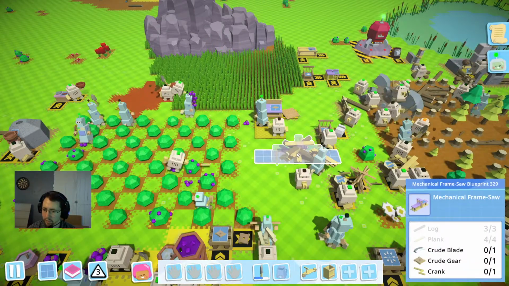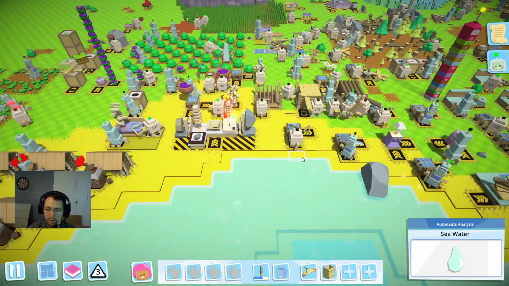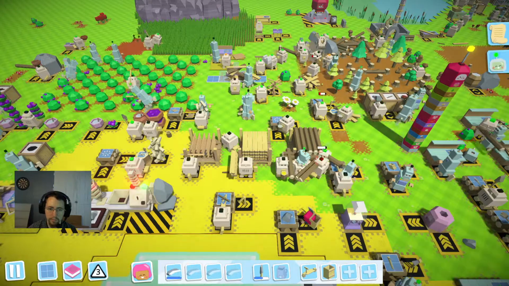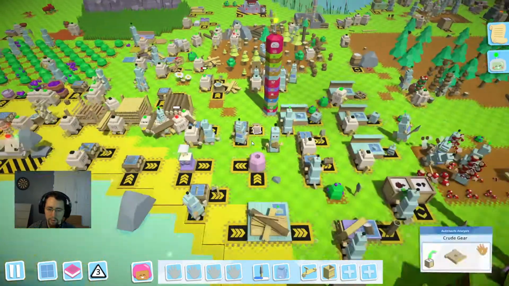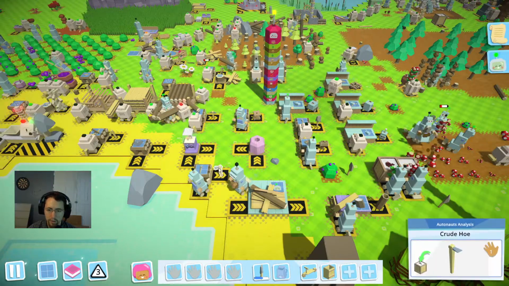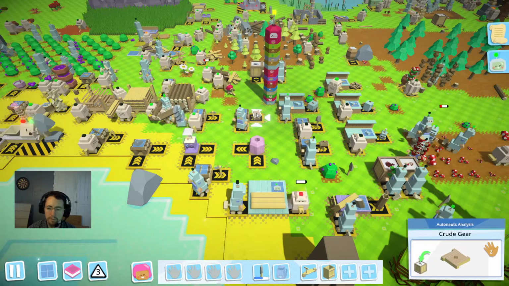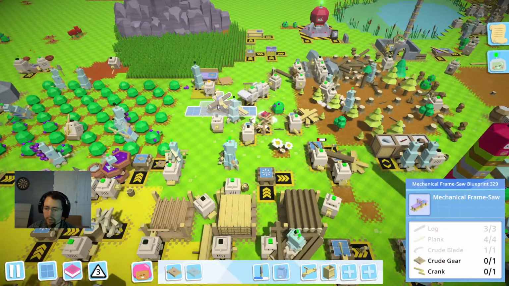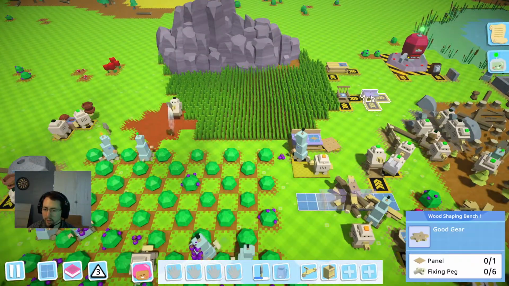And then what's this here? Mechanical frame saw. Ooh, we need crude blade, crude gear, and a crank. So I'm going to go ahead and grab one of those. And we'll add that. And then I thought I had one making some crude gears. There we go, crude gear. And we'll need a crank. And that one is made...